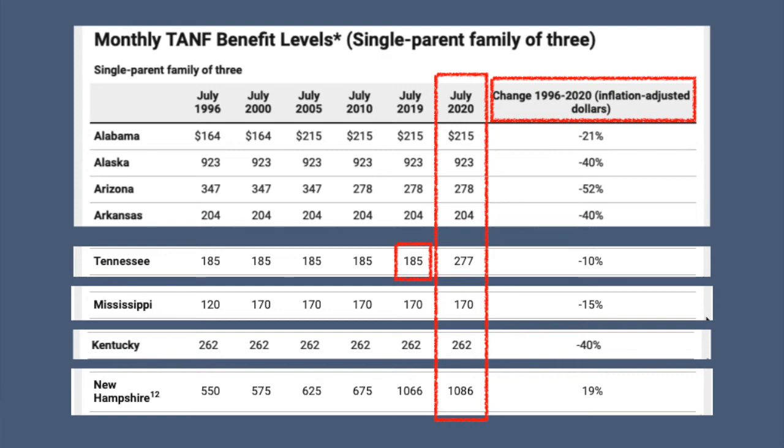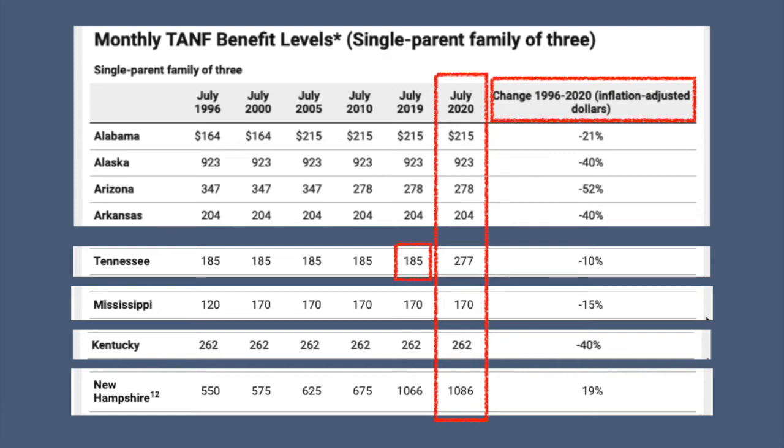Part of what was recognized is what you see in the right column, the rate at which the benefit has changed in each state as adjusted inflation dollars, meaning has the payment or benefit that people receive kept up with the cost of inflation. And you can see that in all these cases, it is a negative gain, meaning that the value of the benefits has actually gone down from 96 to 2020. Now, Tennessee's has lowered to negative 10%, which is good in that it's come up to 277, so it's getting closer to zero, meaning that it would basically be the same value in dollars as it was when it initially started in 96.